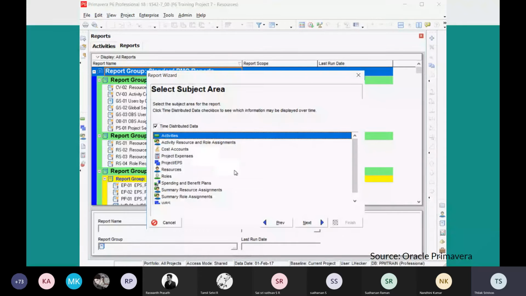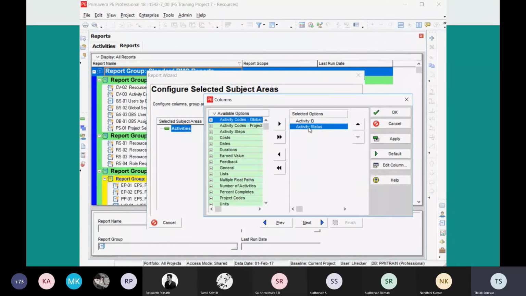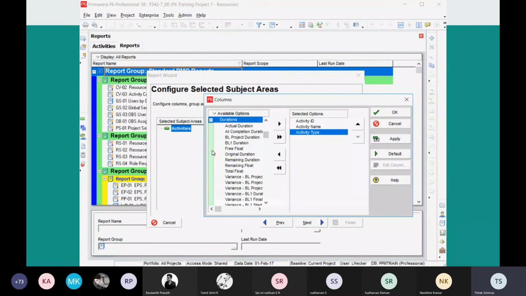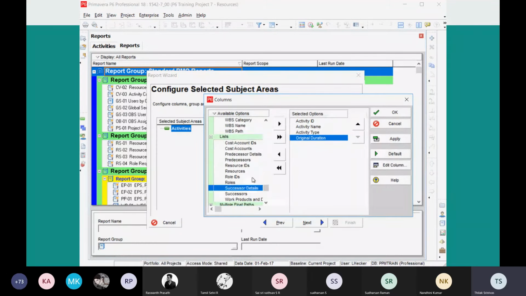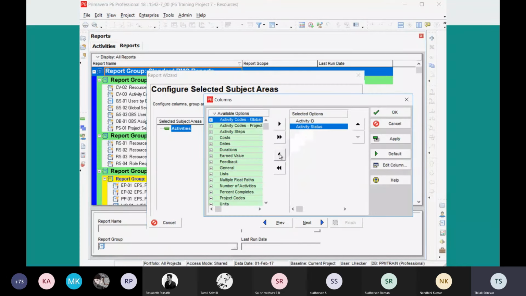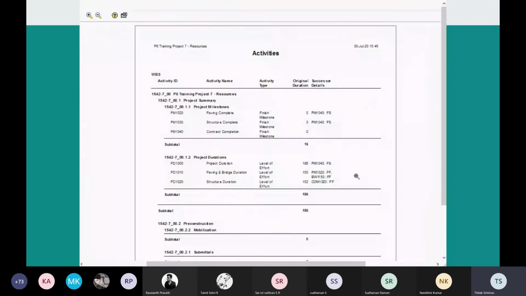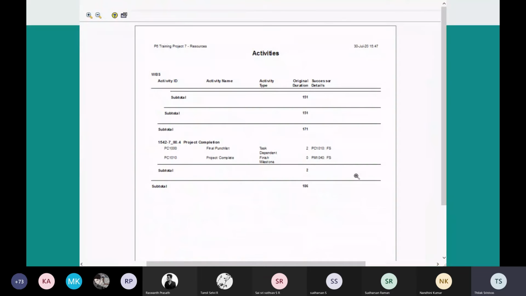Let's say you choose a variable, activities. Once you click activities, a lot of columns open up, and you can select as many columns as you want. Let's say select activity ID, activity name, activity type, the original duration that you need, and successor details. Once you select all the columns and the subject areas, if you click run and report, you'll get a PDF report of the variables that you've chosen.